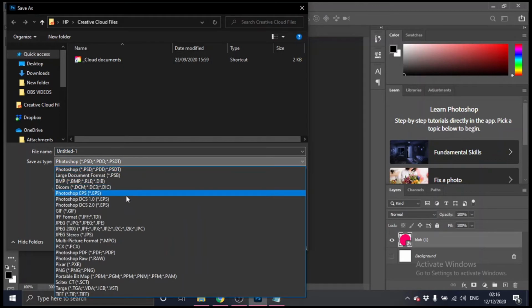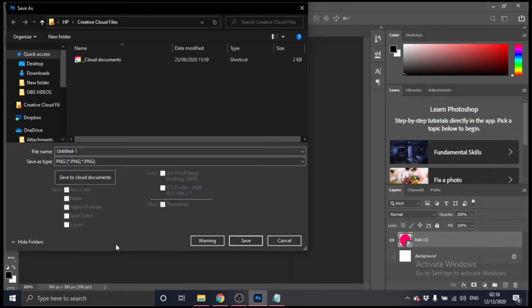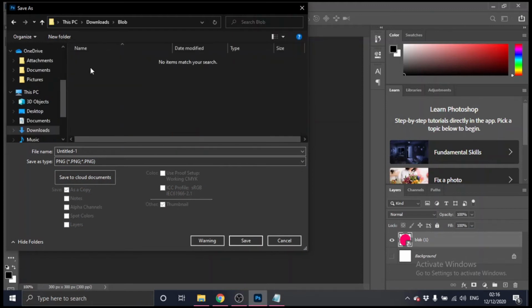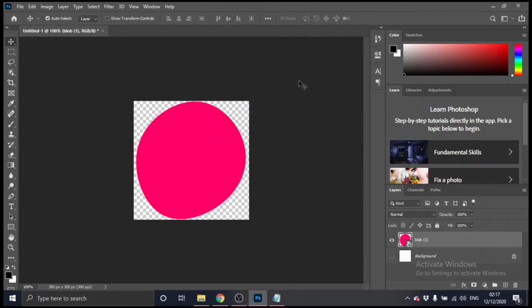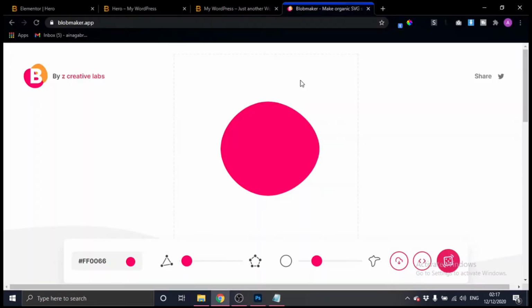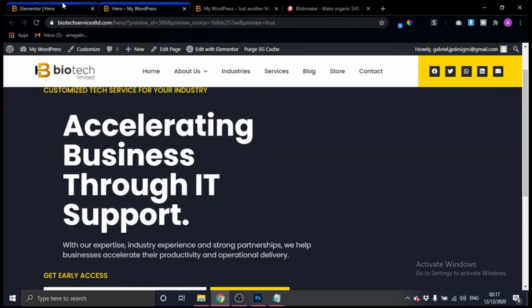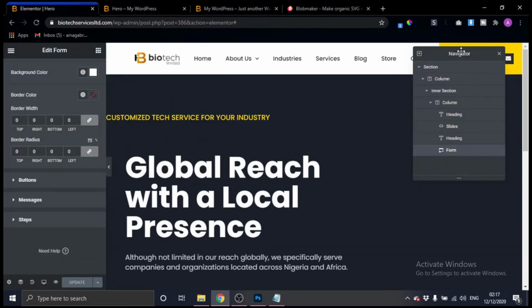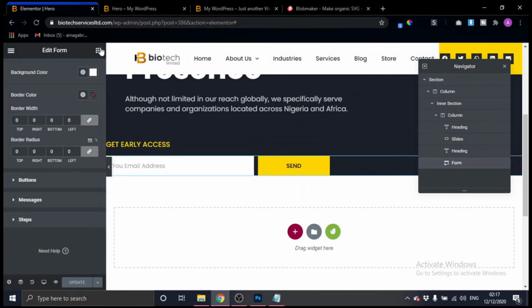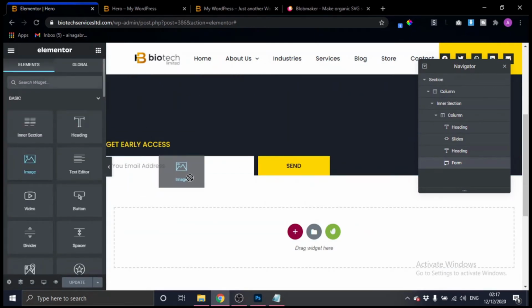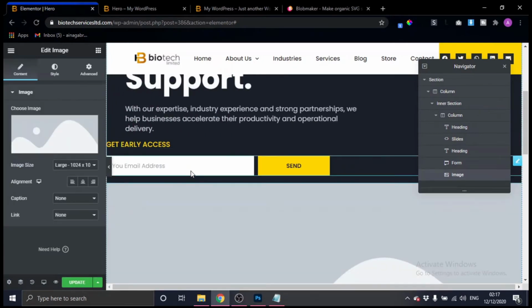Okay, so I come down here and hit the PNG file. I'm looking for where I want it in here. So I remove this and say lab, and then I hit save. Yeah, save it. Okay, now it is saved. I'll go back to my page right here, and then what I want to do is drag in an image underneath this box.